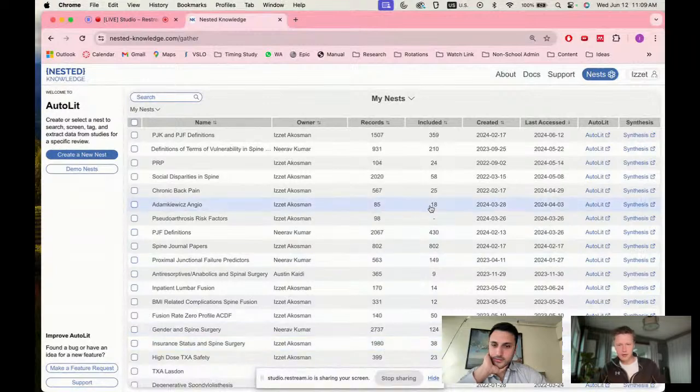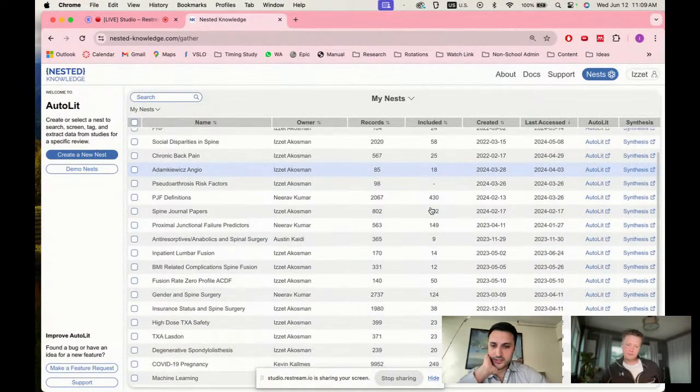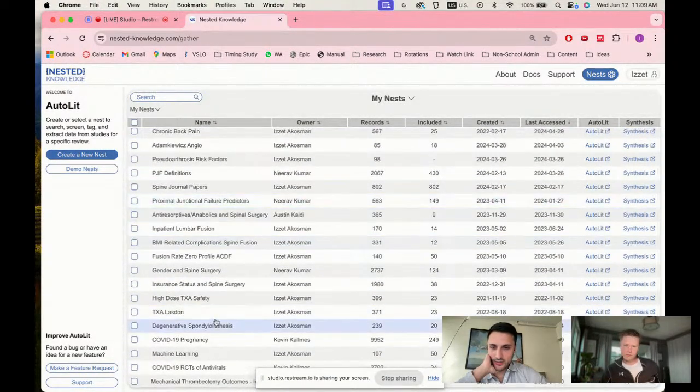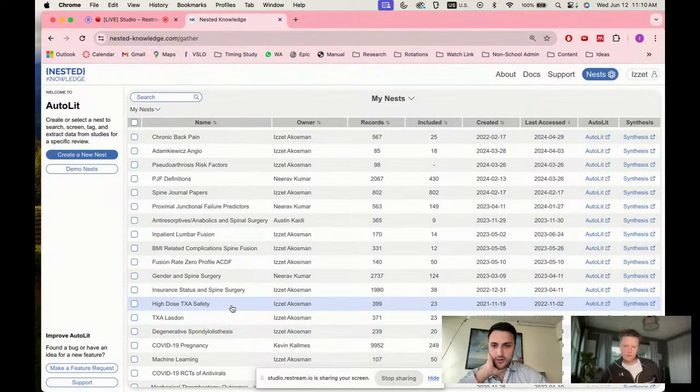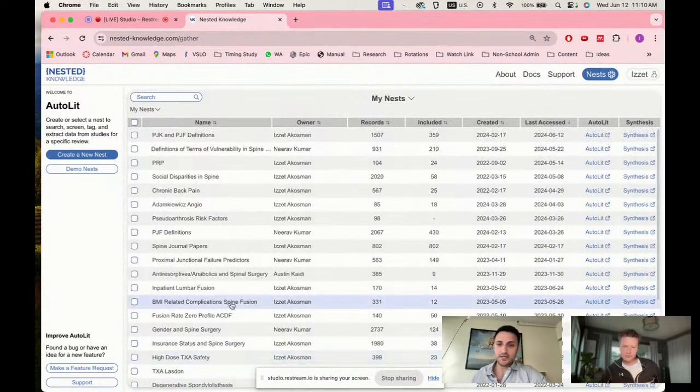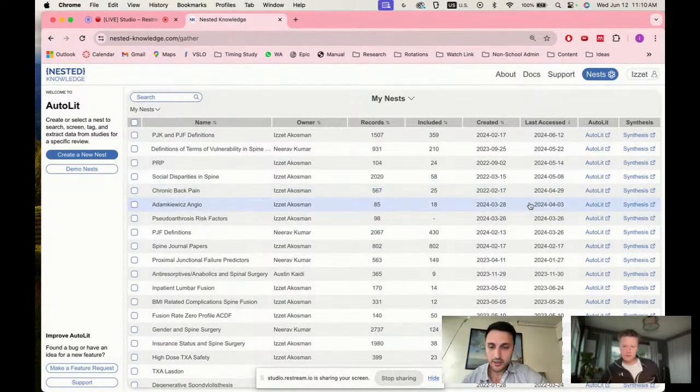Yeah, let me get this going for you. So I'll share your screen here, and yeah, go ahead. Yeah, so these are all my nests that I've started. I think that was the first one. So all these ones I've started since. Not all of them came to fruition. Some projects get dropped. They're not all mine either.